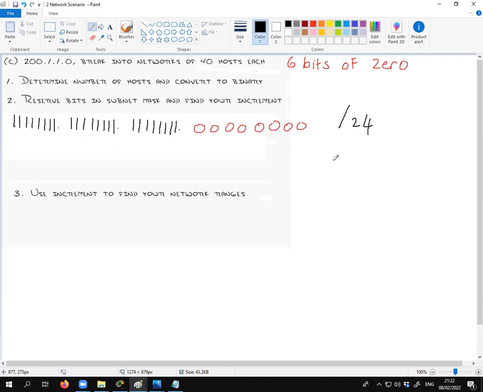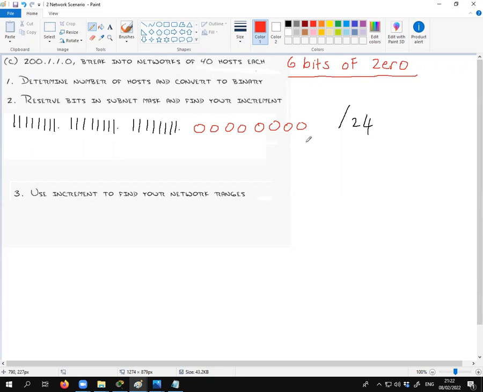This will change though. What are we looking for? What is the requirement saying that we need? More hosts. 6 bits. 6 bits of zeros. So it's saying we need to create more networks, but we have to have 6 bits of zeros. We have to have 6 bit zeros in our subnet mask. So we can do whatever we want to the zeros, but we have to have 6 bits of zeros